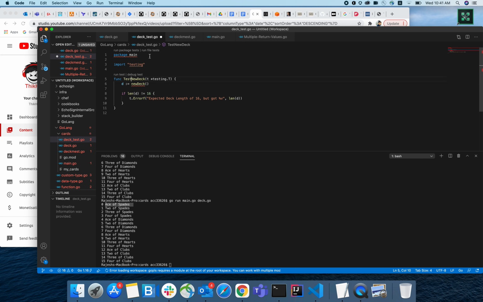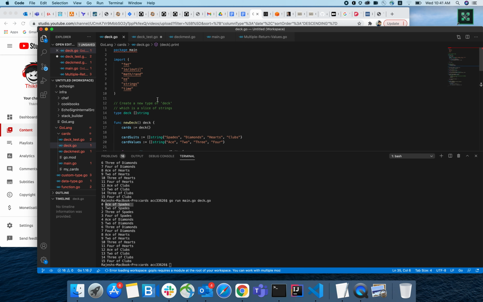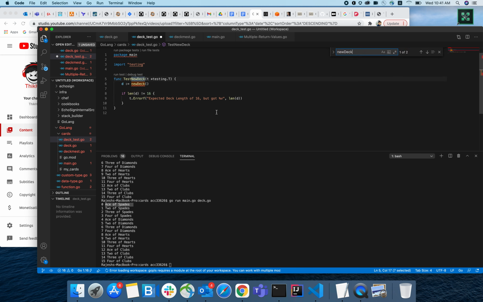So if I need to check whether I am writing any test cases for new deck, or going forward if I need to modify my test cases, I can just come here and search by the function new deck, and here we can find the new deck function. So Test is the prefix and new deck is our function name. For that we are going to write the unit test,